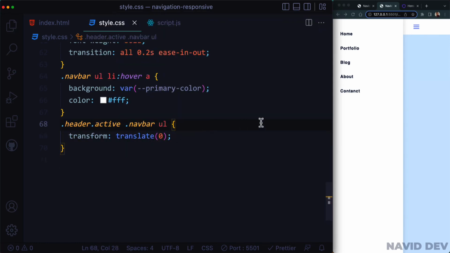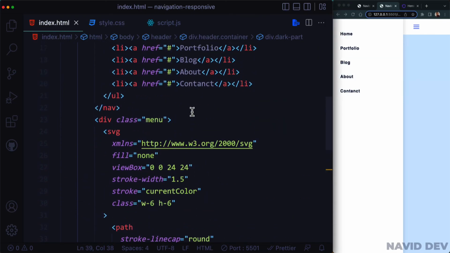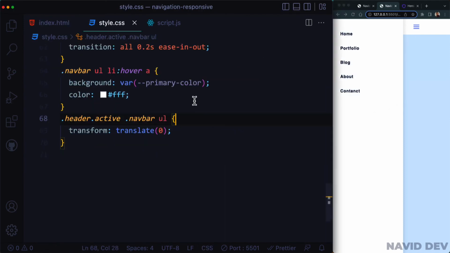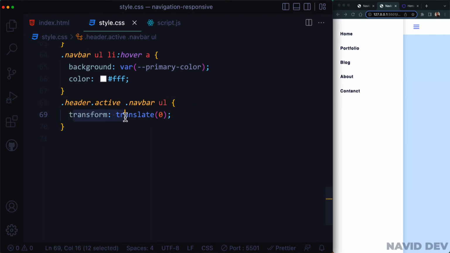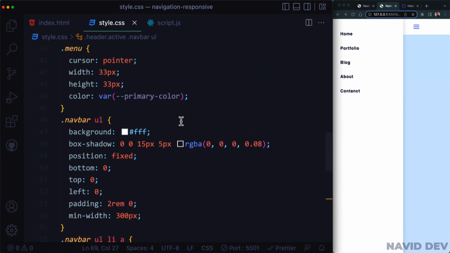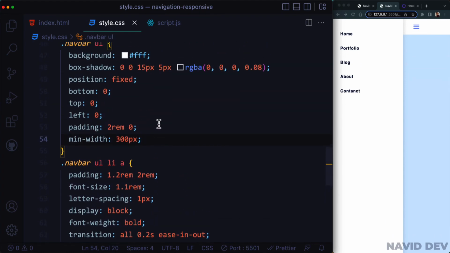All right, let me say in this way, when we have a class of active in our header here, it means we don't want to see this mobile menu anymore. All right, and in here we just say transform translate should be 0. But why we don't have any transform translate here? Okay, in here I'm gonna say,